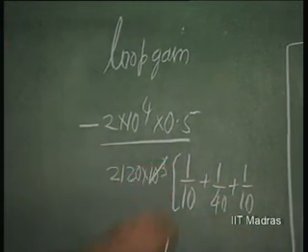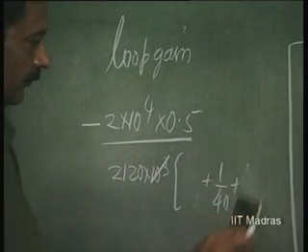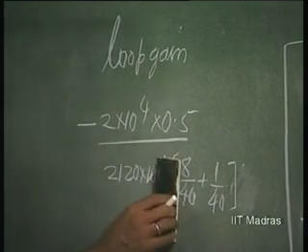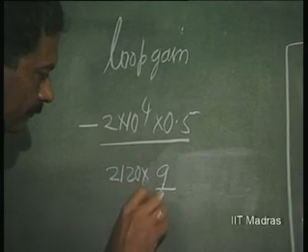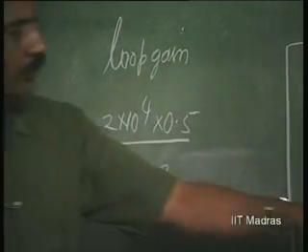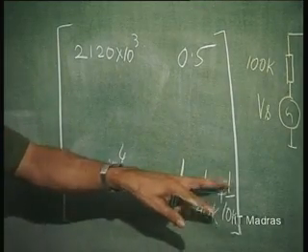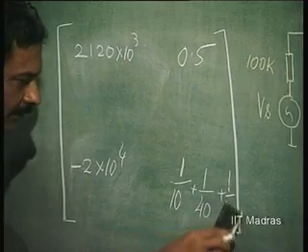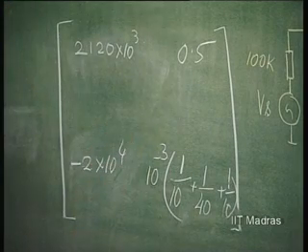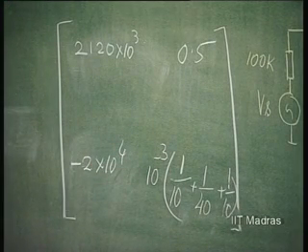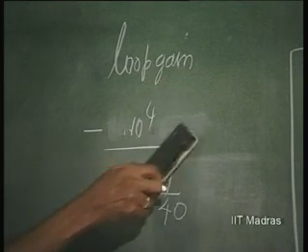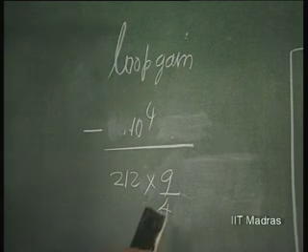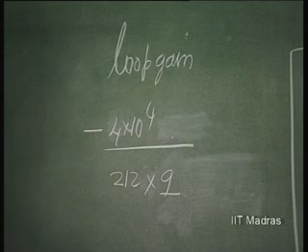Strictly speaking, therefore, it is 2 over 10 or 8 over 40, right. So, 9 over 40. Two over 10, or 8 over 40, 8 plus 1, 9 over 40, k getting cancelled with this k. So, this is strictly into 10 to the power minus 3. So, we see here this is getting cancelled with this, right. This is cancelled with this, and therefore, we have this as 4 into 10 to the power 4 by